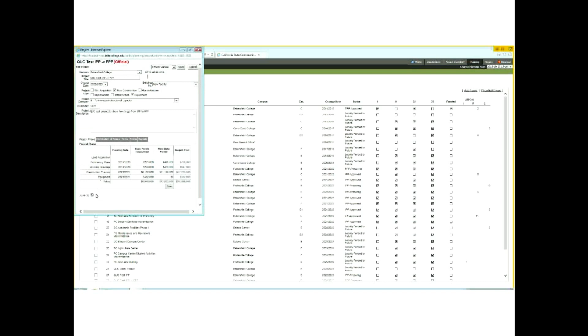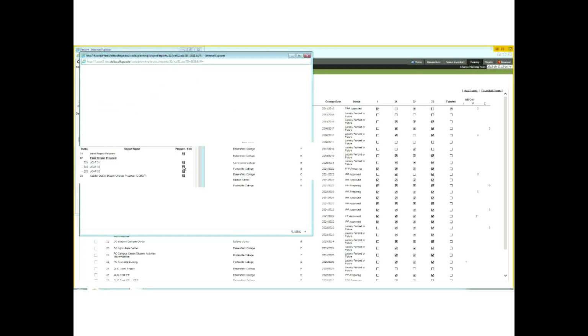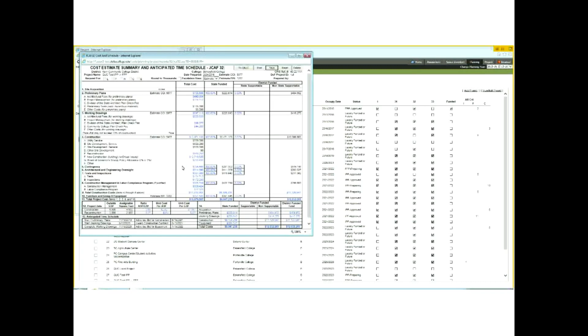To get to the Q&C, again, project phase, there are a couple of different ways to get there. This is my preferred since it's right on the main screen that pops up. But if you were to go into forms, there's also the JCAF 32 here as well, which will bring this form up. Since the 32 now is not where you enter this information, the 32 is now a summary screen, pre-populated for the most part from all the information being imported into the Q&C. That's where we'll do most of the editing and work when you're preparing the FPP and the cost estimate. This is really just to